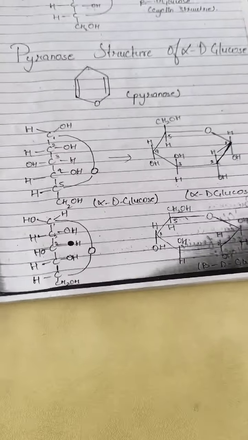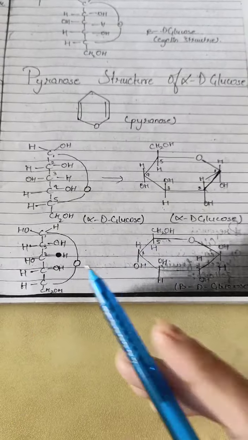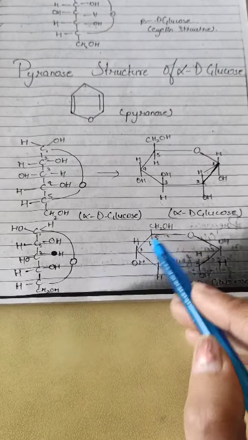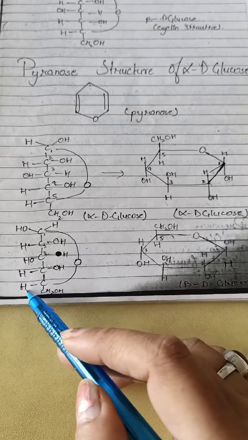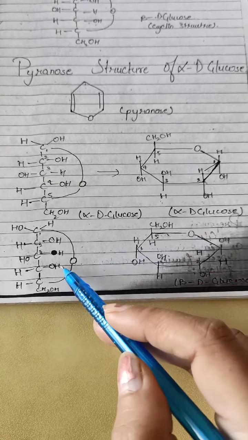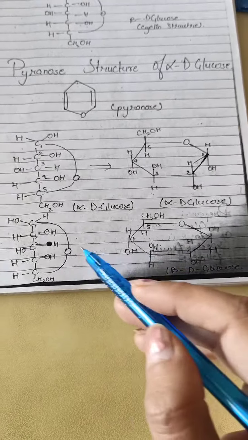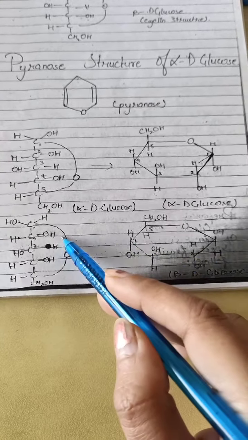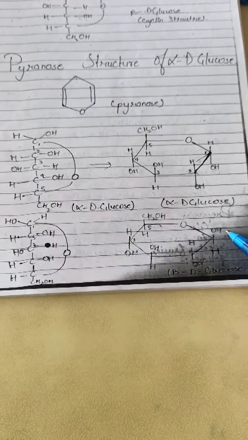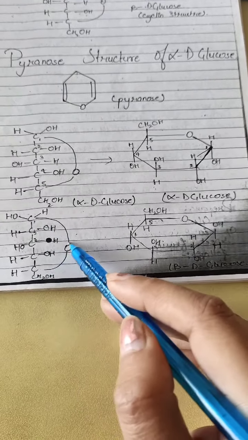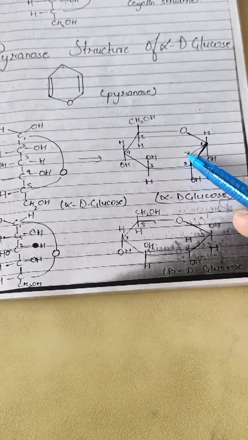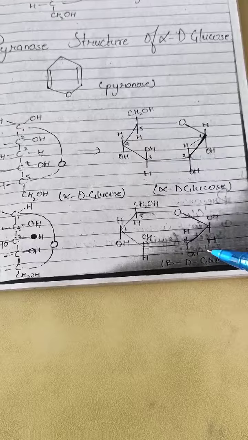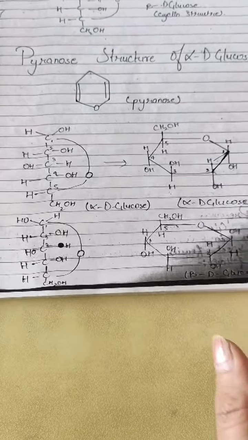Let's see the second one. Same structure we are using. First of all, you see CH2OH we are putting here. From here we have taken CH2OH. With C we are using H here. That H we have put. HOH, this one. Second one HOH, this one. HOH, this one. HOH, this one. Now here, from here till here, O is coming. So this O we will put here. Understood, students? So this is called the alpha D glucose and this is said to be the beta D glucose. Understood? So these things have to be written down in your copy.